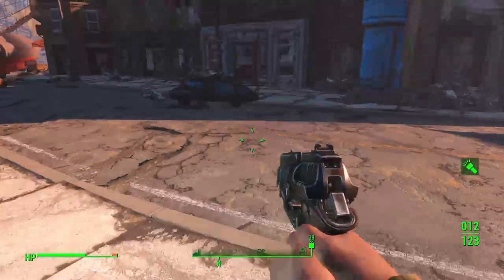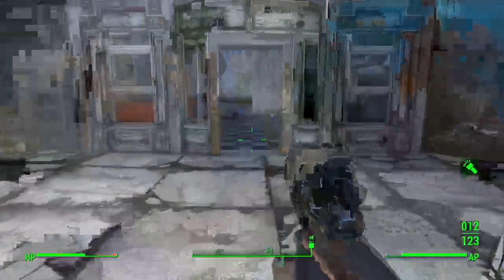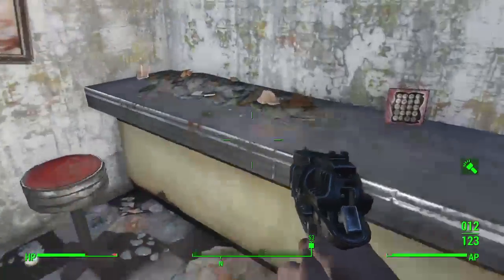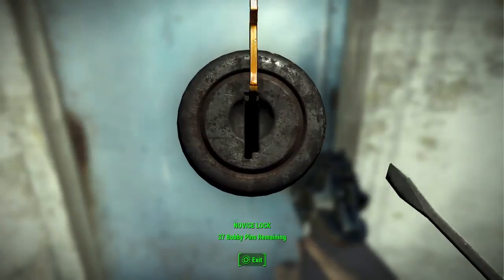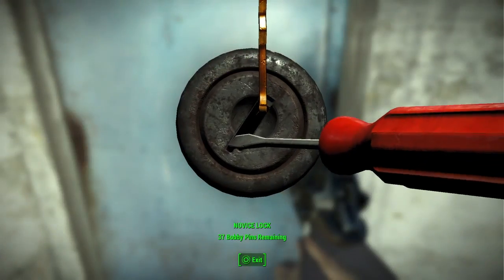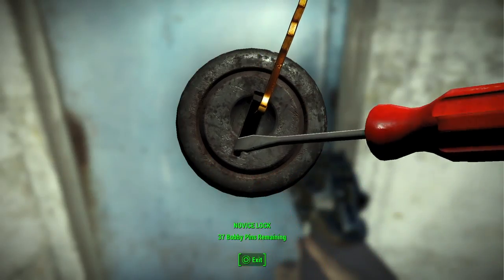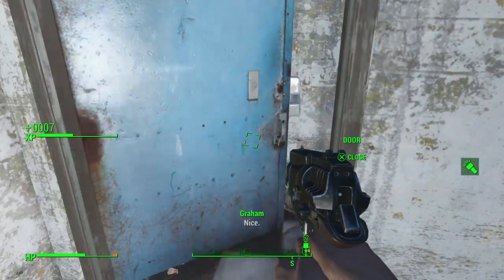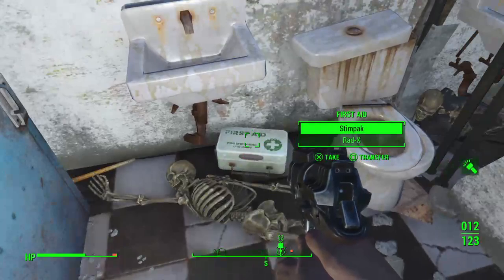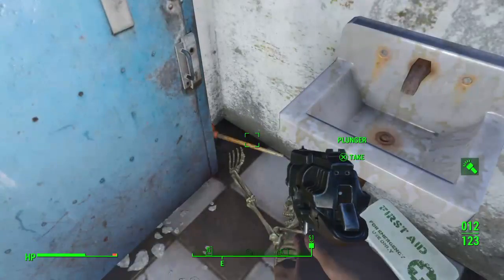Without charisma, because on Survivor, to be honest, passing speech checks isn't going to be the most important thing on your mind, whilst you're trying to survive the hardest difficulty with all those crazy new features, no fast travel and only saving when you sleep. Let's just figure this lock out. Nice. But then I was thinking, well, if you're not able to save apart from when you sleep,